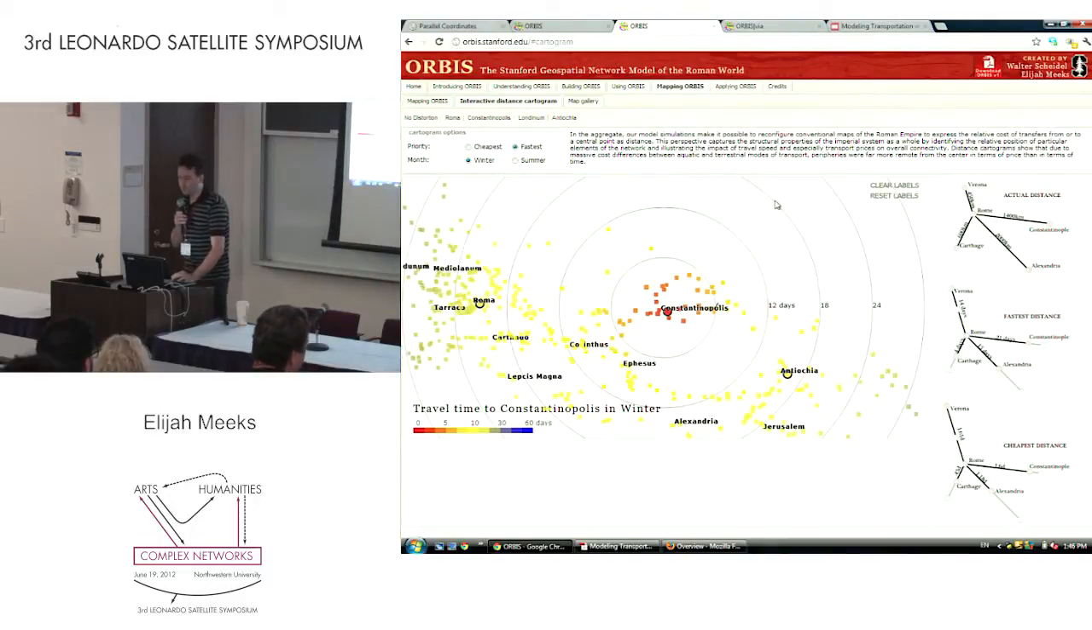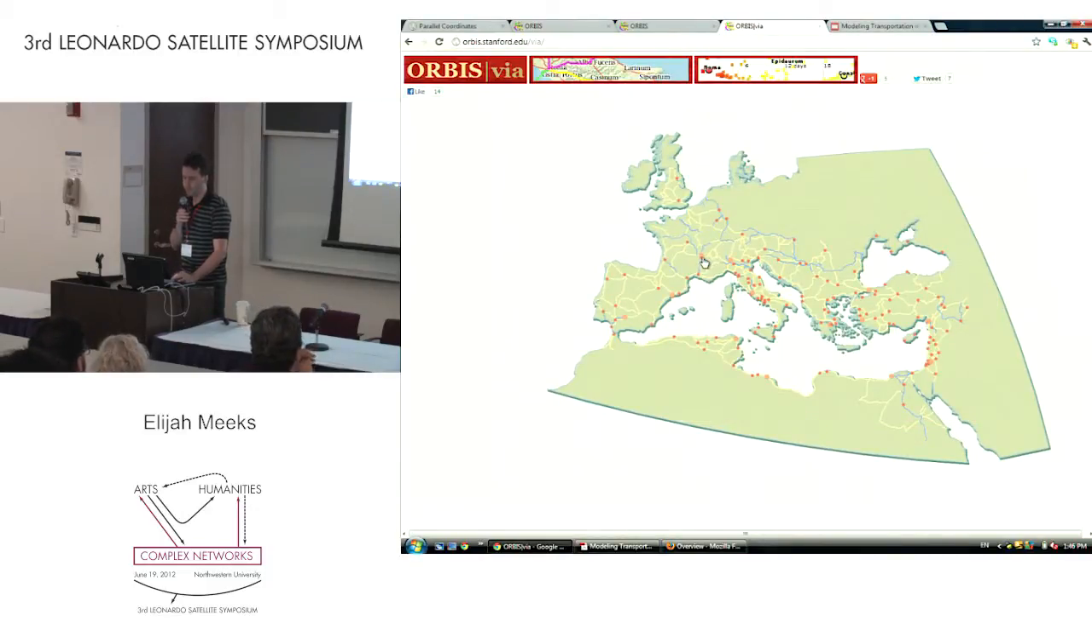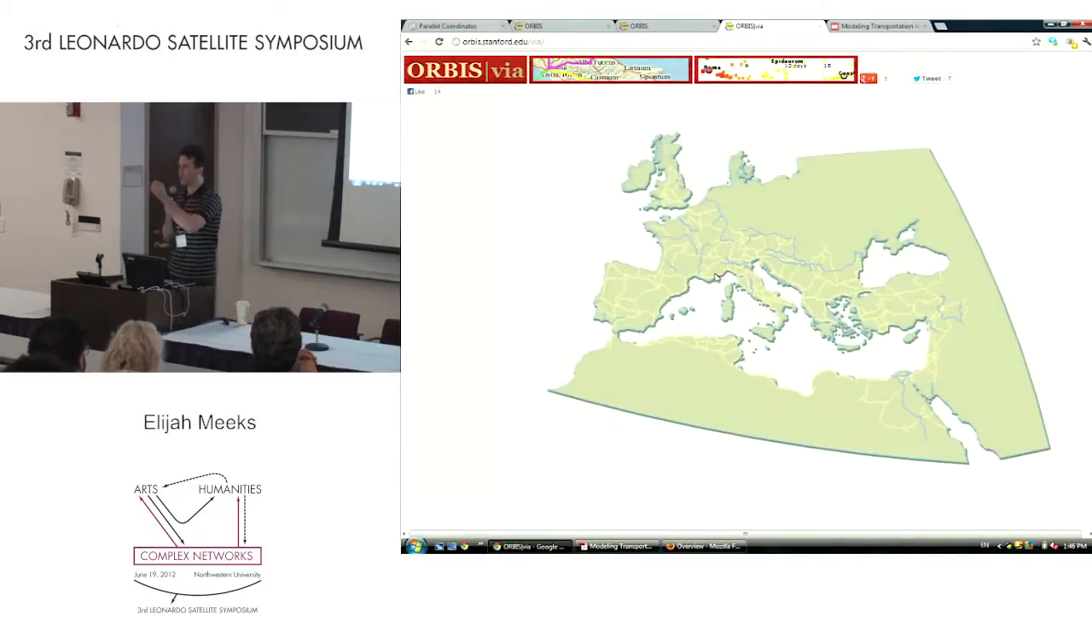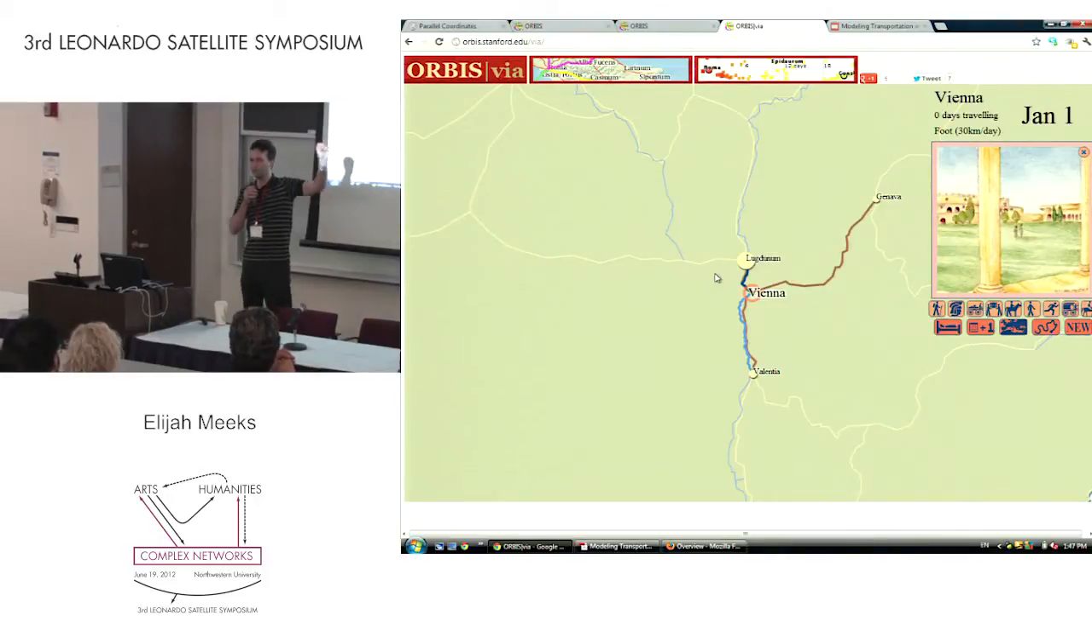There's a third view, what I like to call a situated view of a transportation network. That's Orbis Via. People don't take my situated view of a transportation network seriously because I was inspired by Oregon Trail. But what this allows you to do, this is very similar, I think, to what Nina was talking about. It allows you to present a view of the network from a single site in the network,